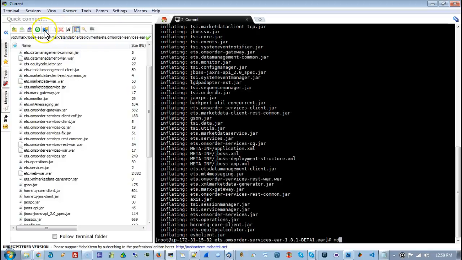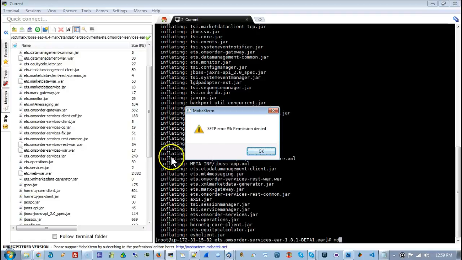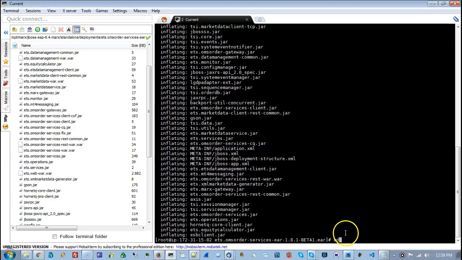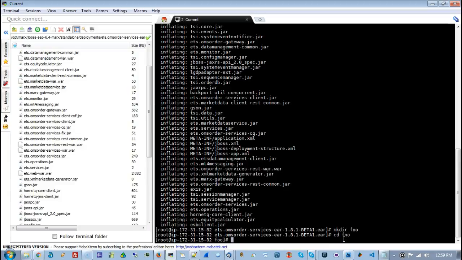Okay, hold on. Whatever you've called it, create a new directory. Calling it foo. All right, I can't do it that way. I make the directory right here. Okay. And then change into it. And then do an unzip /ets.web tab. I'm sorry, unzip